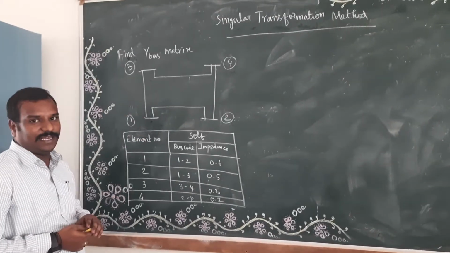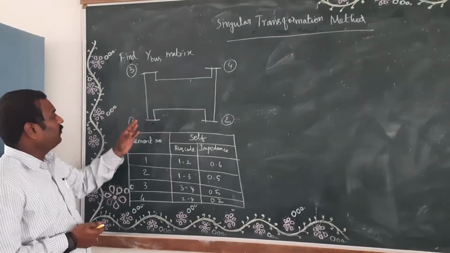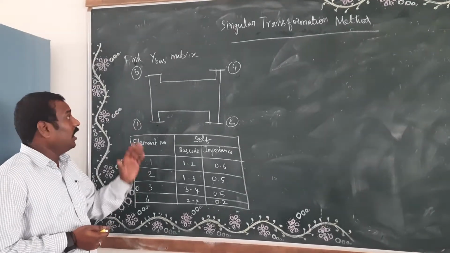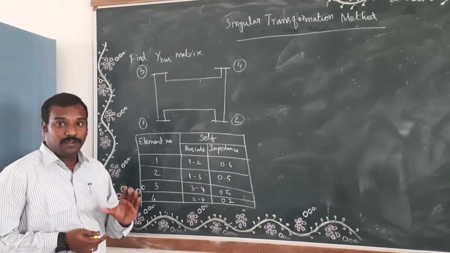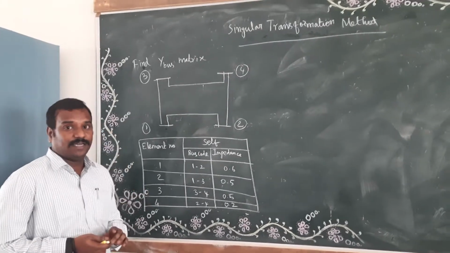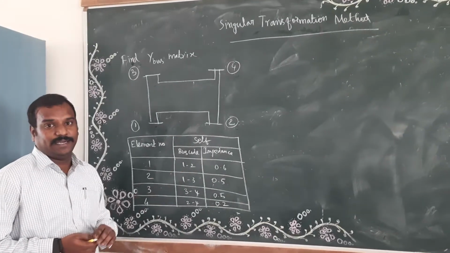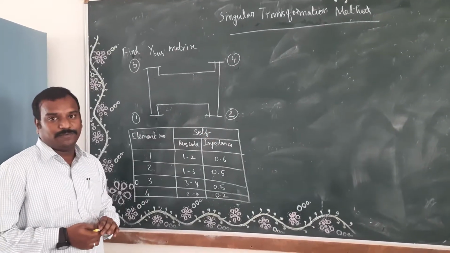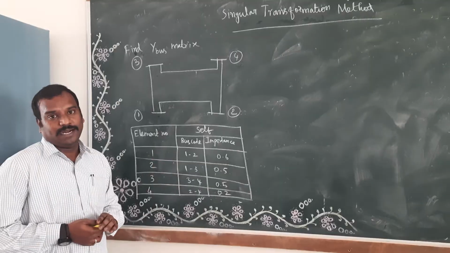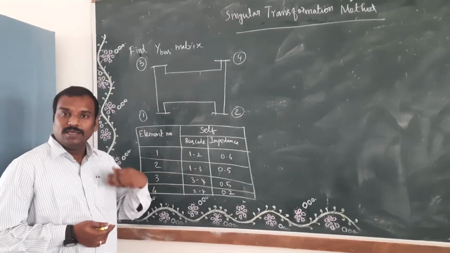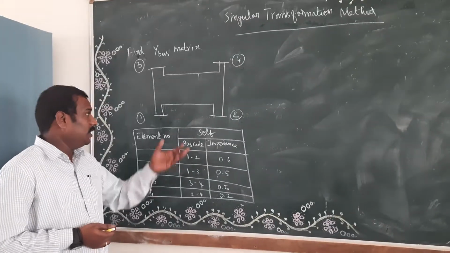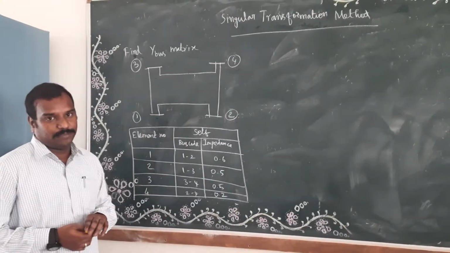If you look at the single line diagram of the power system, 4 different buses are available and no generator is connected in the given power system. Only when no generator is available in the single line diagram can the steps we are going to follow be adapted. If a generator is connected, the procedure is different. That we will discuss later. Now we will discuss how to solve this problem.